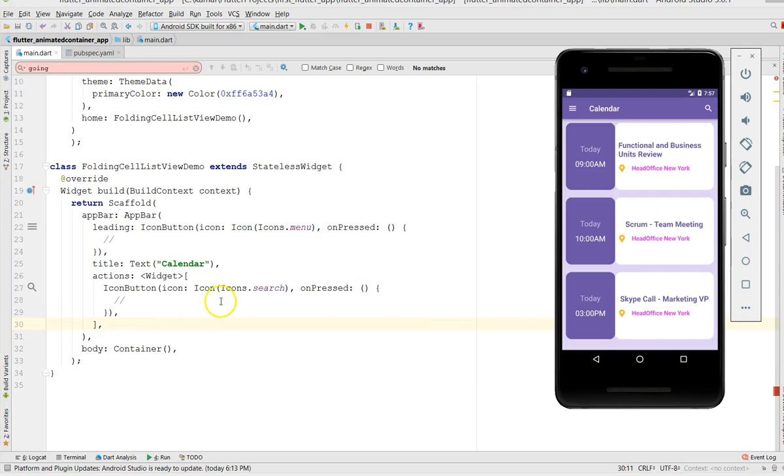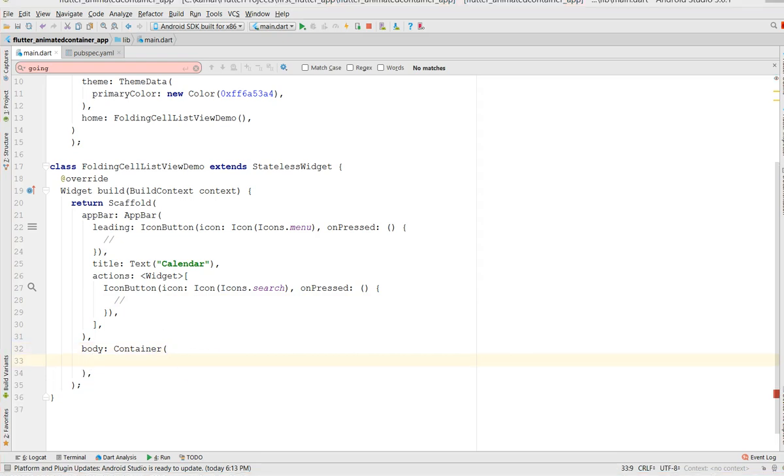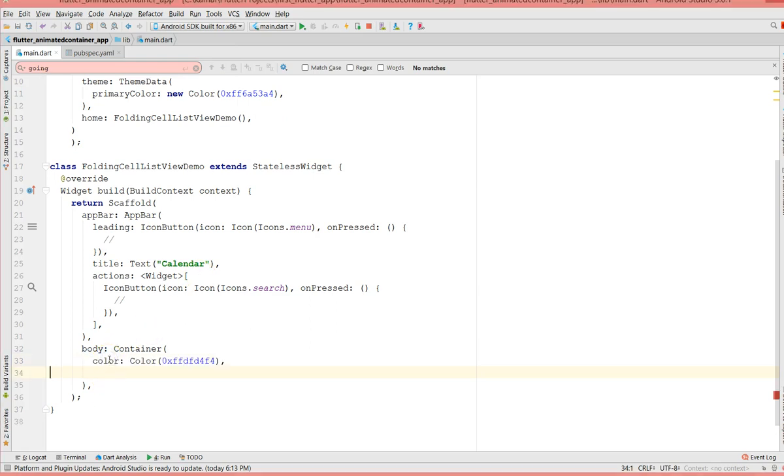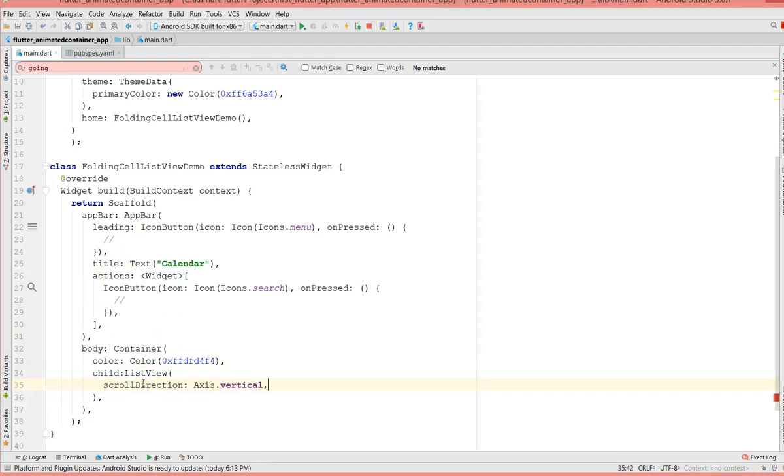Alright, to start up with, we have a simple stateless widget with an app bar which has a title and an icon button. So I'm going to start from the body section, which is basically a container, and inside the container I'm just going to give a custom color to my container, and then I'm going to add a child which is a list view, because our schedules are displayed in terms of a list view. So this list view is a vertical list view. You can also make it a horizontal list view. So I'm going to give a scroll direction which is vertical,